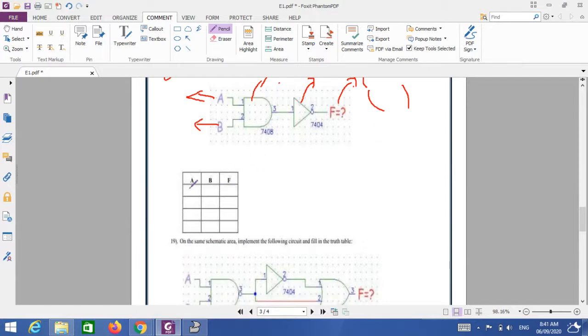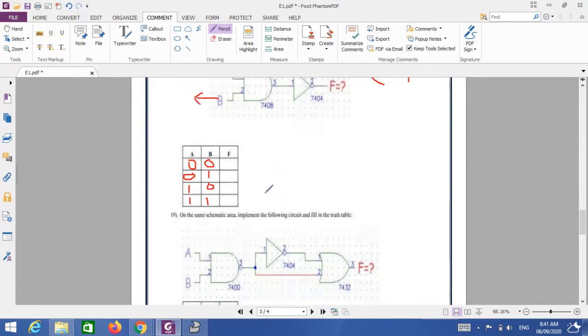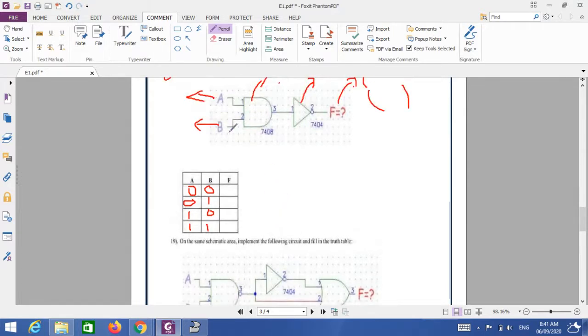Put here 0, 0, 0, 0, 1, 1, 0, 1, 1. All of you make these changes. You make this table because now we have to check. A is switch A, B is switch B, and F is your output. Now we have to give these inputs and record the output.